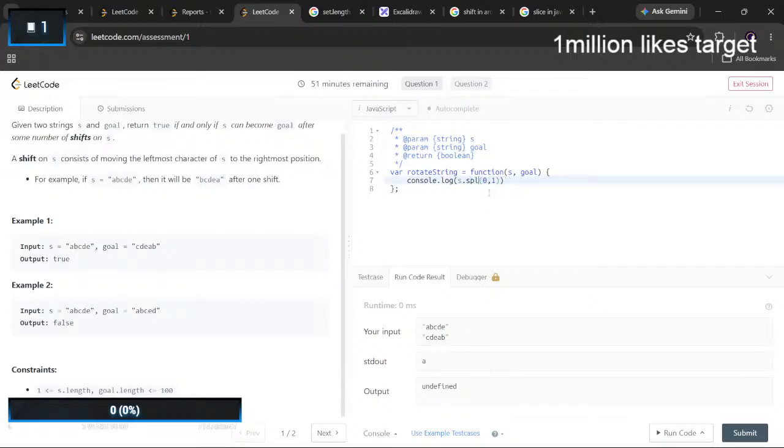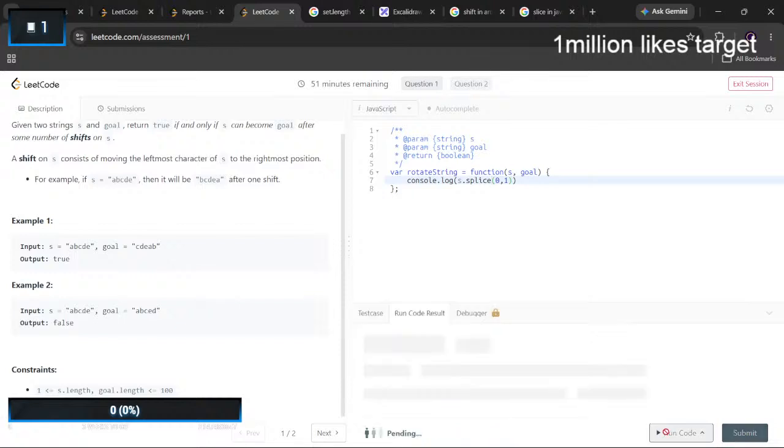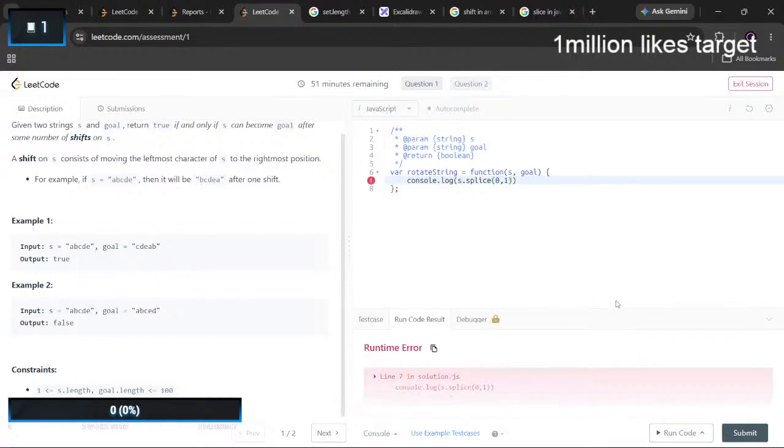Maybe splice in order to remove the original element itself. Don't have a splice.